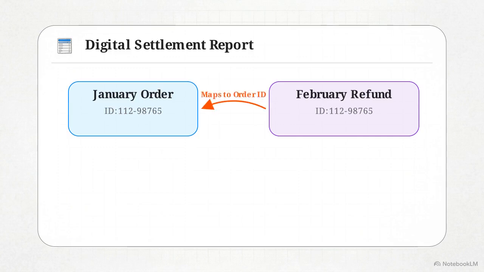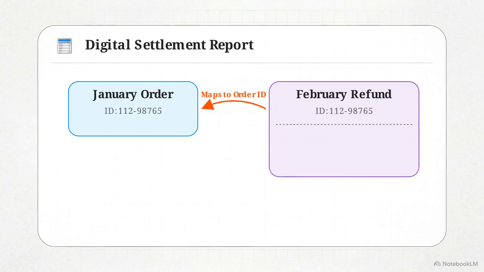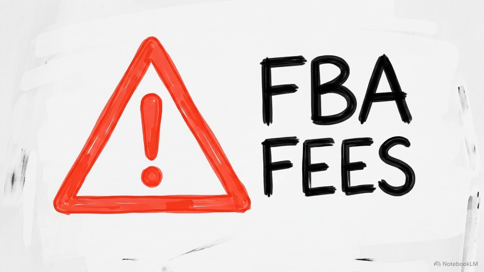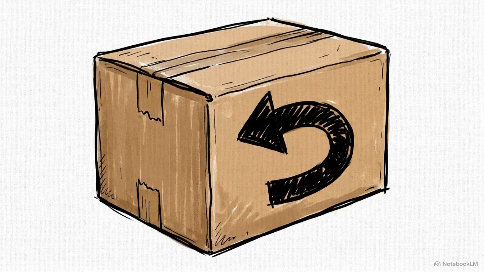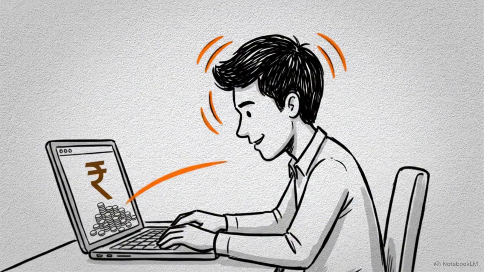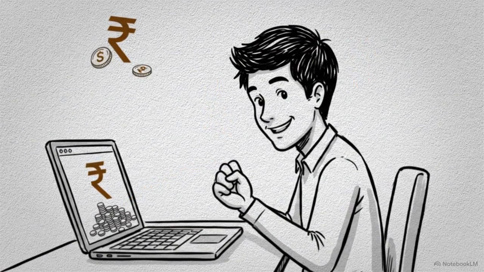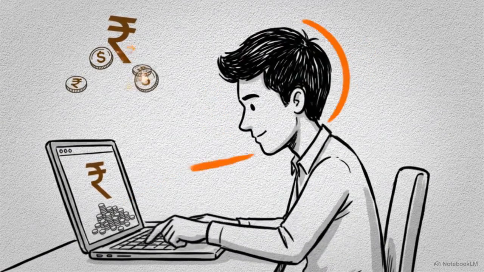Returns create a significant time lag. As this diagram shows, a customer might buy an item in January, but if they return it in February, Amazon maps the deduction back to the original order ID within your current settlement. When you expand that refund transaction, you will see 2 adjustments. Amazon charges a small refund administration fee, but they should also credit the original referral fee back to your account. However, there is one critical fee that is never credited back. If you use Fulfillment by Amazon, the FBA fees are kept by the platform, even if the customer returns the product. Resolving these red rows allows you to move from blindly accepting deductions to verifying every fee the platform charges